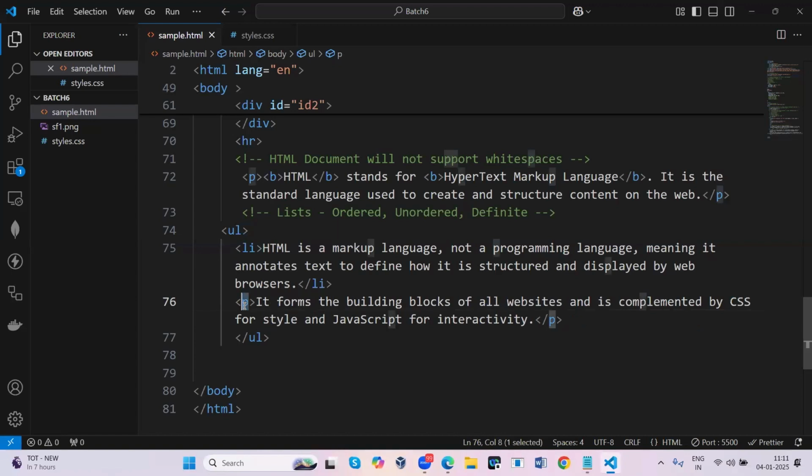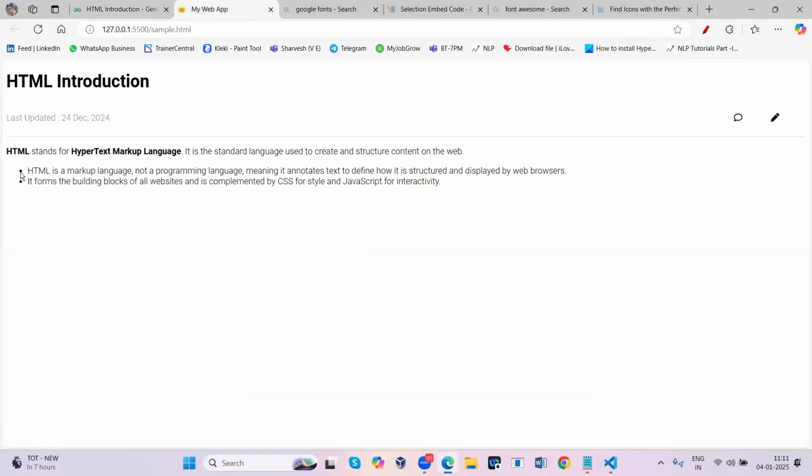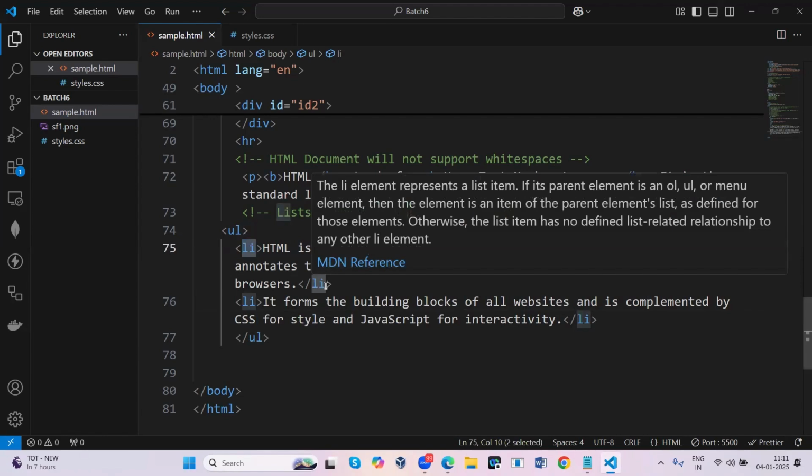So now we are learning li tags. Whenever you replace, you will get updated. See here, now open it and you can see the bullets here. Can you see two bullets? By default, these are disc shapes. Using the unordered list, you will get the disc shapes. Every paragraph should be placed in li tags, as a list.